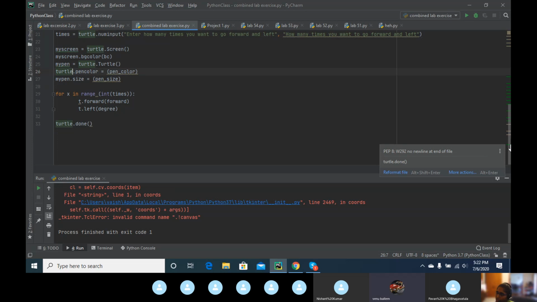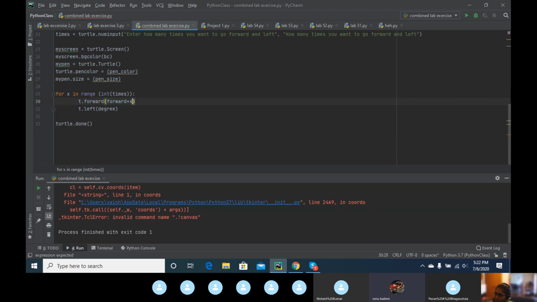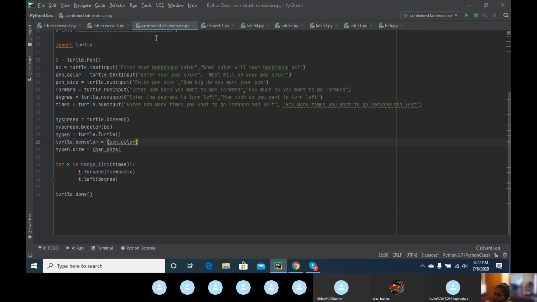If not, it's just going to be circling in the same place. So your line number 30, you change it as x times forward. No, x plus forward, yeah, forward plus x. So whatever value you gave in forward, that's going to be added to this x value that is constantly changing. So now if you run the code,